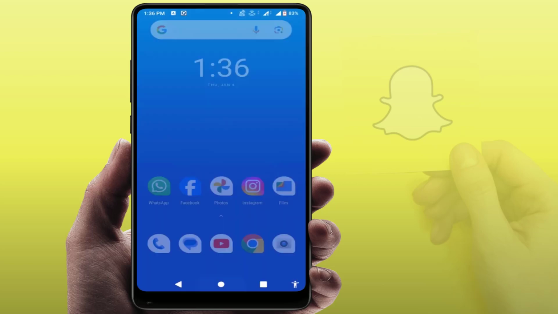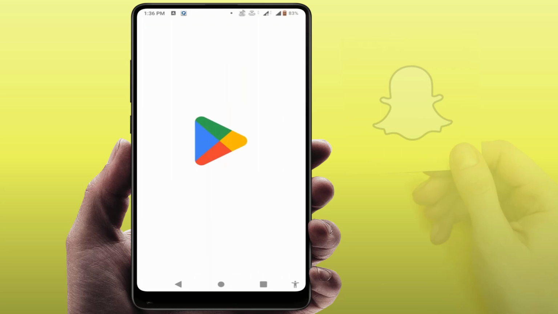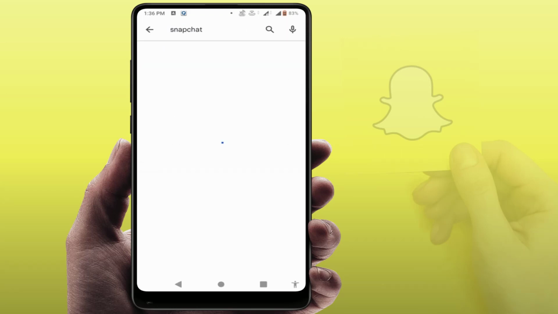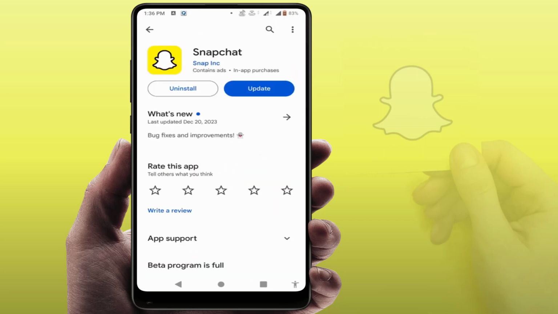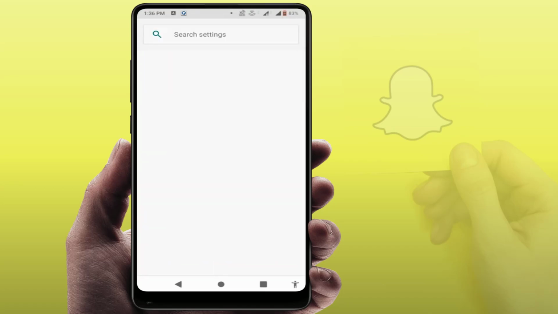Now what you need to do is update the Snapchat app. Open the Play Store like this, search for Snapchat, and if an app update is available, simply update the app. After updating, try to log in to your account. In case you are still facing the same problem, now what you need to do is open